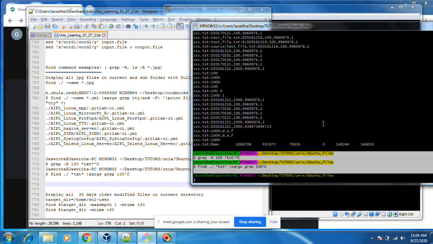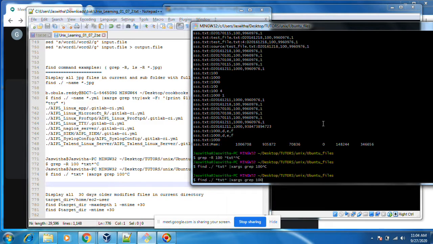Okay, an extra thing you can do is using awk -F colon, if you want in this output to see how many files there are with 100, or we can make it 1000.